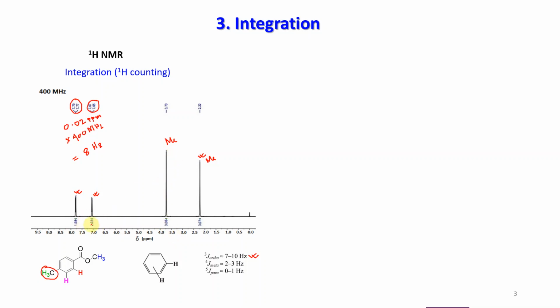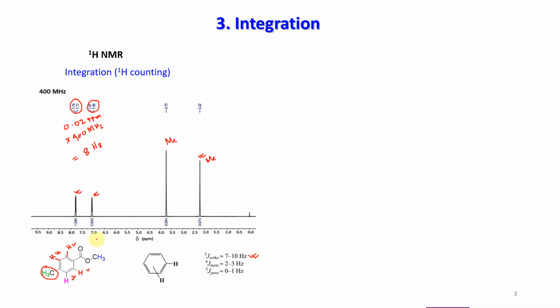Now here you can easily see that two protons, ortho protons, okay, they are individually of two numbers. So this proton and this proton are the same, a similar environment. This proton and these protons are also in a similar environment. That's why they are coming in two numbers. So from the figure and the structure, we can correlate that the proton counting is possible, okay, and that is called the integration.